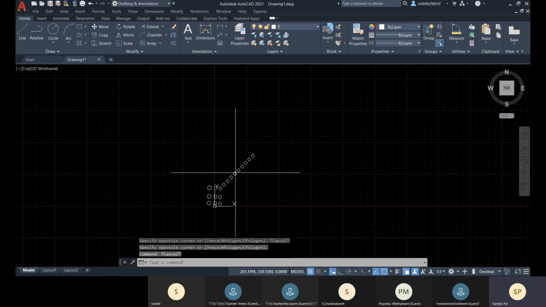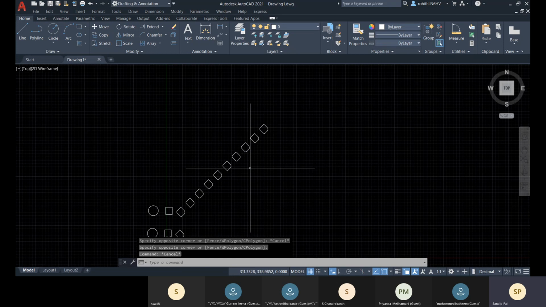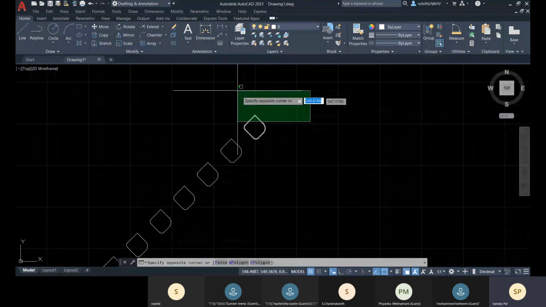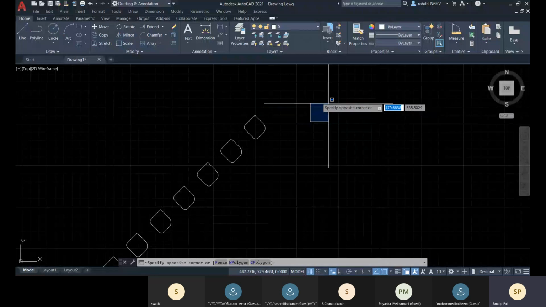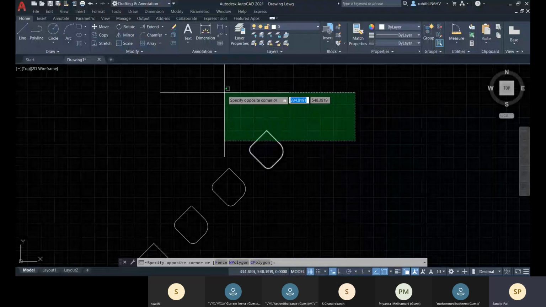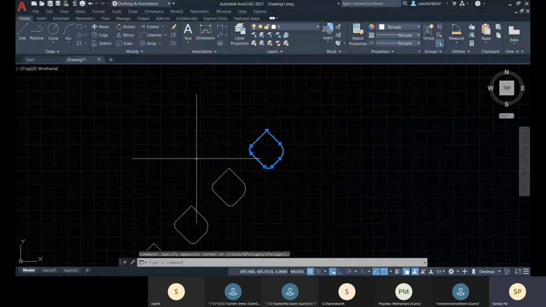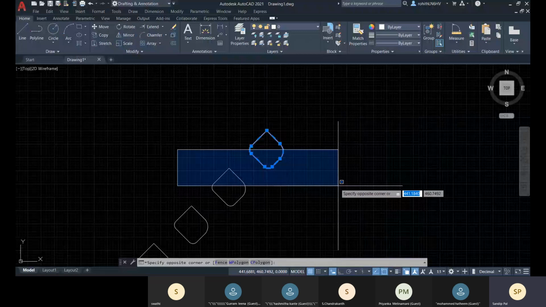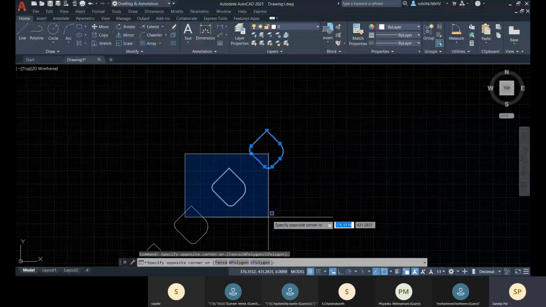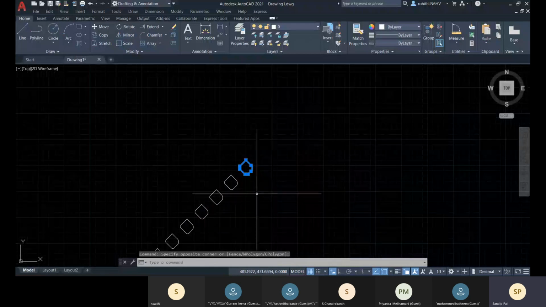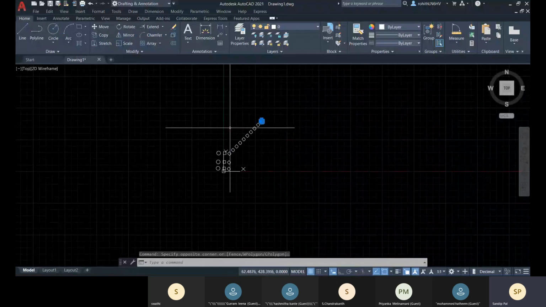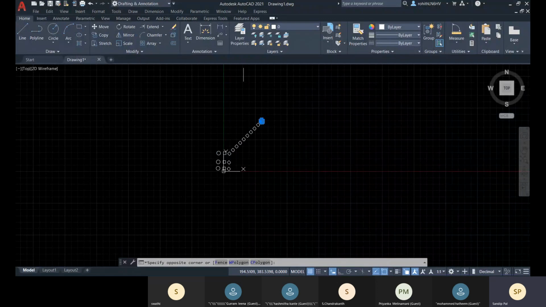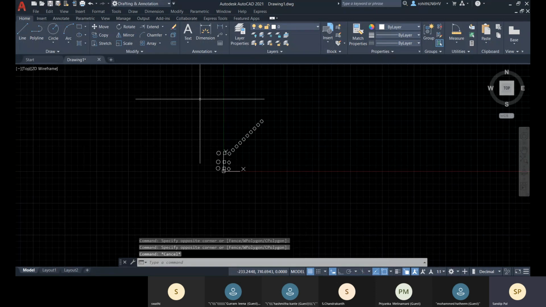And how does the green window work? If you just cross over an object with this green window, it is going to be selected. But for the blue window, the object has to be covered within the window. Now if I cross, it won't be selected, and if I cover it, it will be selected within this blue window selection. Quickly, if I want to select it, I will select like this within the blue window. Great.